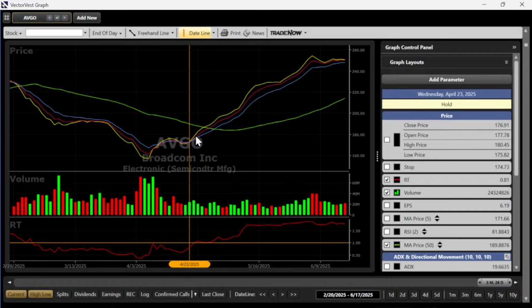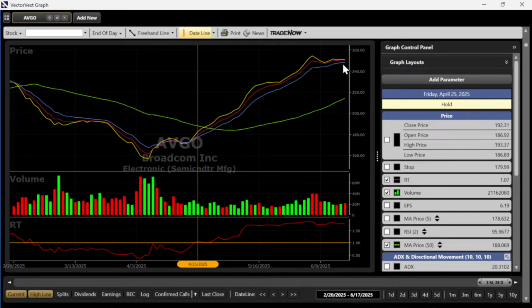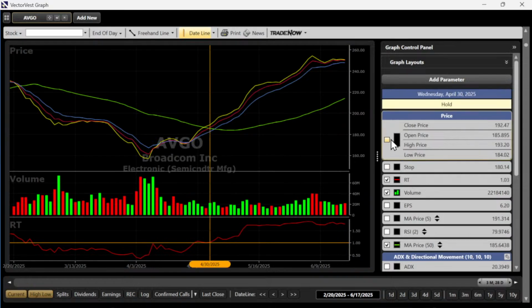It can look like that when it's below the 50, or as you'll see in a moment, it could look like that if it's above the 50, but that's what it's got to look like. Squeeze and then the nice fanning, the nice separation. Not only are we not getting the squeeze here as of the hard right edge, we're not getting the separation either. But back here is when you could have taken the trade.